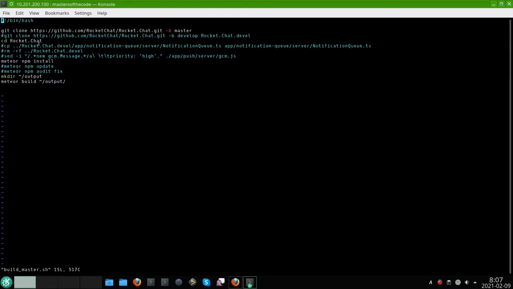You can also see that previously I've also cloned the develop branch to a separate devel directory, and I've used that because the RocketChat server had a bug. It couldn't send notifications with proper parameters for Android, and I needed to copy some file from the devel branch, and also I needed to fix it on my own. So I had to add the priority high parameter to that